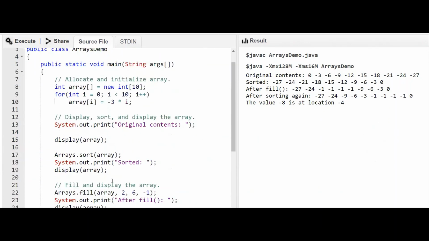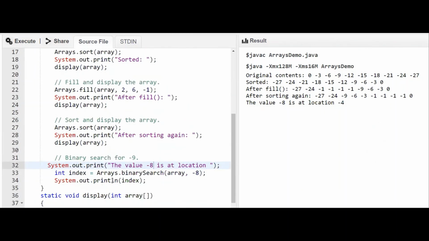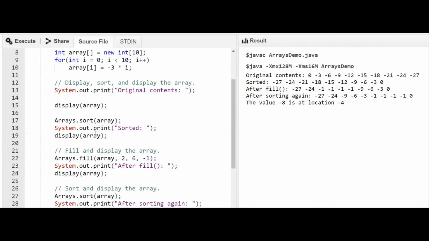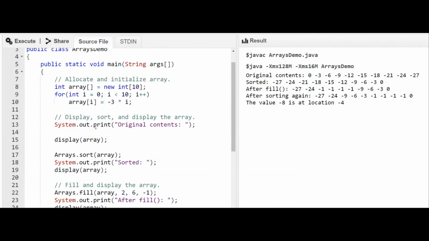Mainly we demonstrated the sort and fill methods, and also binary search, and how we perform the binary search operation. The significance of these algorithms is very important, because in your preliminary semesters, you would have spent an entire lab just to sort the elements of an array.